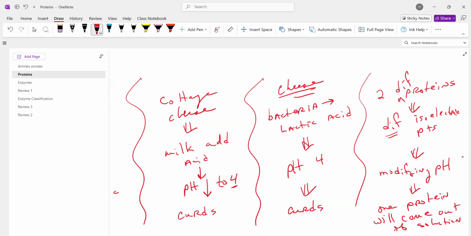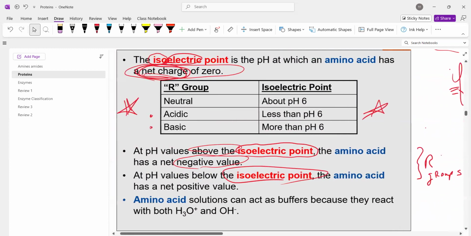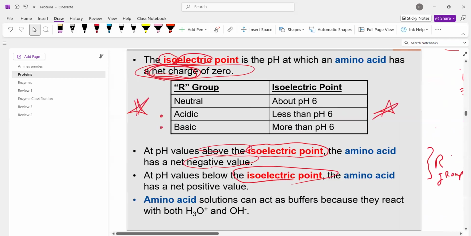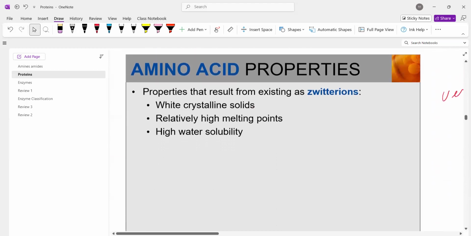of different proteins. Now, if we had like 5 proteins in there, all with different isoelectric points, we could just be modifying away on the pH, and different ones would solidify out when their isoelectric point matches the pH of the solution. Very powerful technique. This is why I starred this, because it's such a powerful technique, and hence test material. Okay.